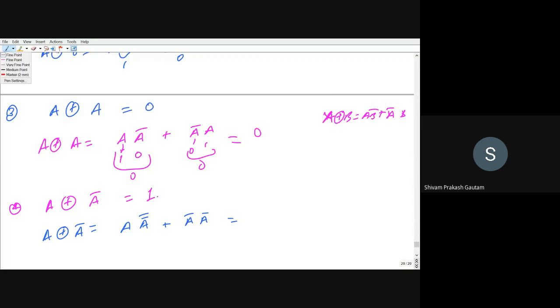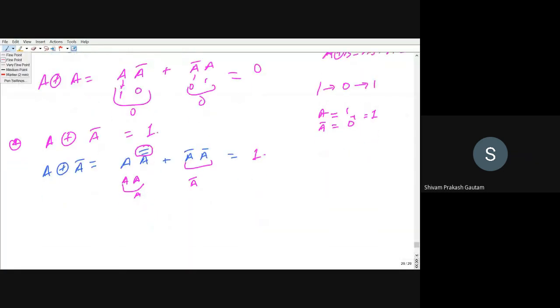Now the point to note here is, if there are 2 bars, as you can see here, this will get nullified, right? If I take 1 and take its complement, it will be 0. If I again take the complement of 0, this will be 1 again, right? So similarly here, these 2 bars will get nullified. So we will be having A into A. A into A is simply A, right? Similarly, A bar into A bar will be A bar. Now, suppose I have A as 1, then A bar will be equal to 0. So 1 plus 0 will give you 1 only, right? So A XOR with A bar will give you 1, right? Any doubt, you can stop me.